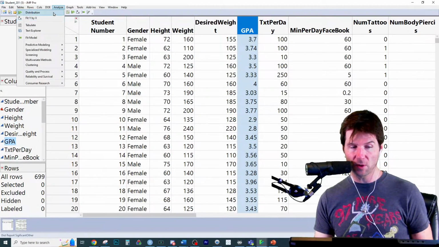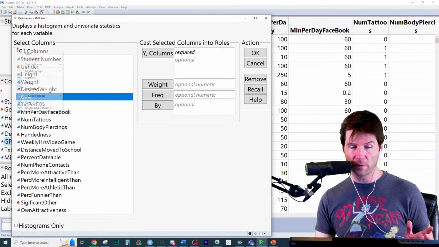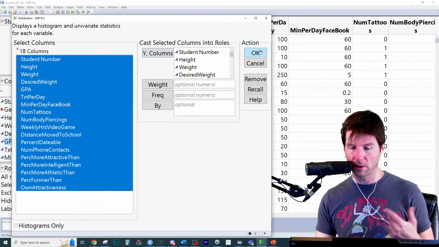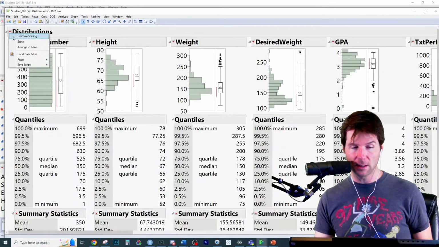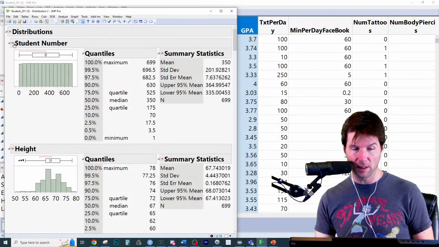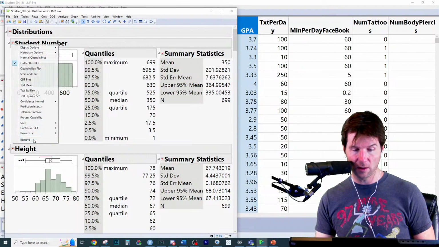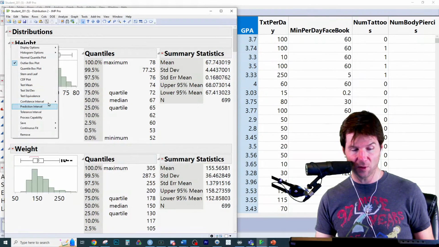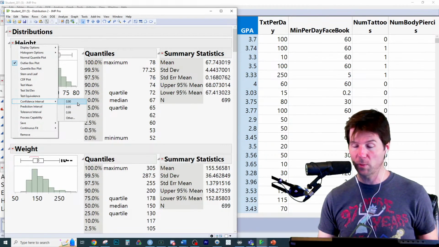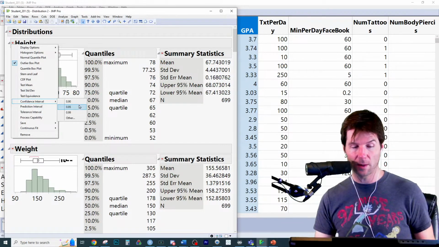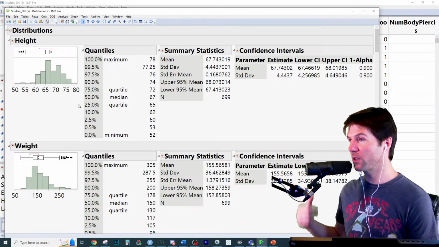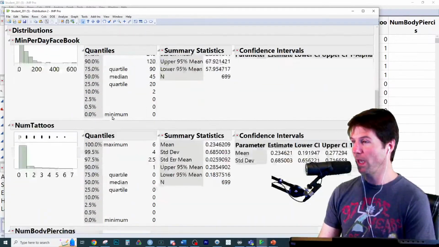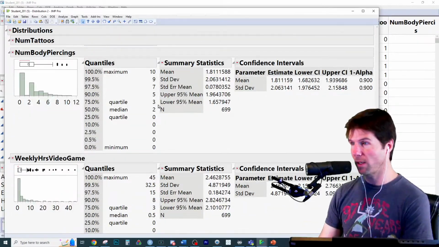Confidence intervals for the mean, same sort of thing with analyze distribution. We can just go over here to all the quantitative data by removing the characters. We don't have any expressions. Select all, Y columns. We're going to stack the data once again. We probably shouldn't have done the identifiers. So can we remove this? We can. Identifiers are not something you usually analyze. So now I'm going to hold control again, go to the confidence intervals, and you can select any sort of interval, especially with other. So make sure to look at that for your assignment. Let's go 90% confidence intervals, and there's 90% confidence intervals for the mean and standard deviation of all the different data sets. And we just made tons of 90% confidence intervals.